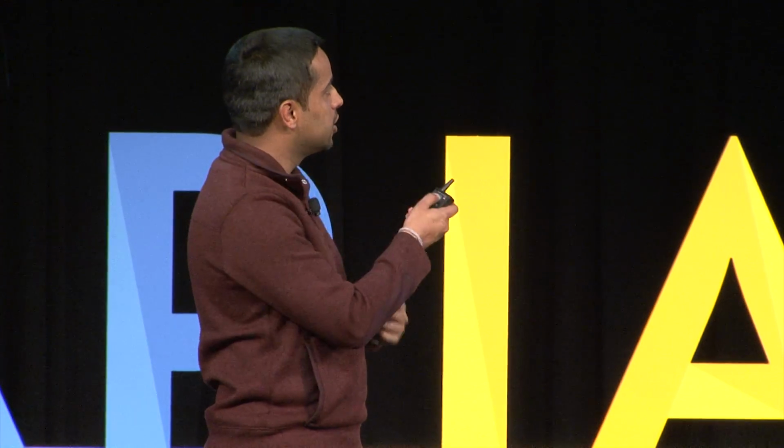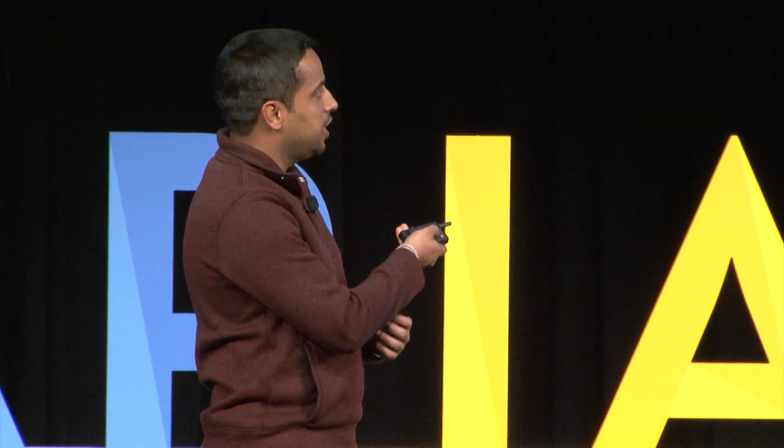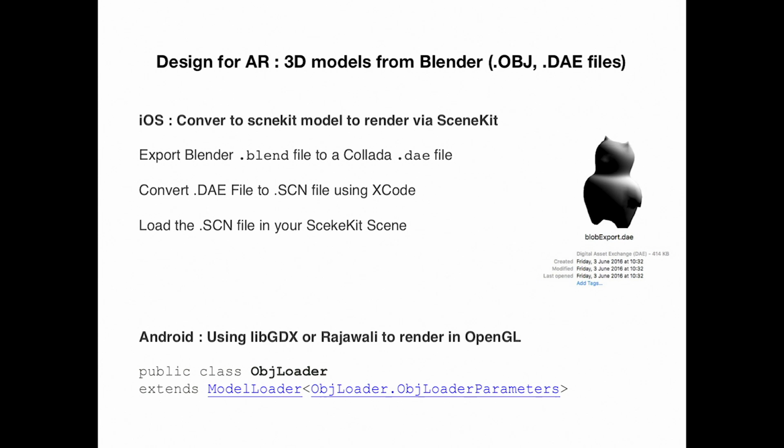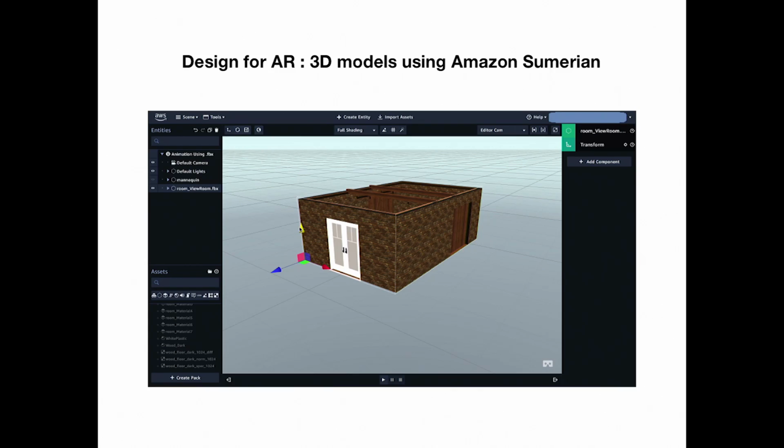You have this library, basically the libGDX Java library. It's a game engine for graphics programming. And inside that, you have this class, OBJLoader. And within this class, you can load an .obj file that you can render on the fly in your Android application. So it's a bit convoluted. But companies are working on it.